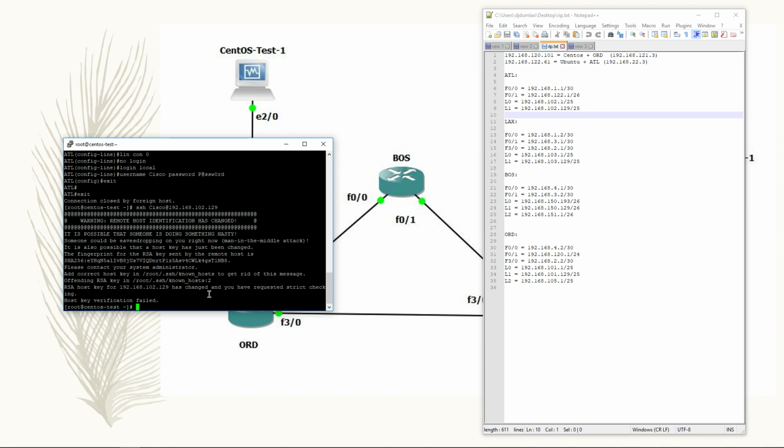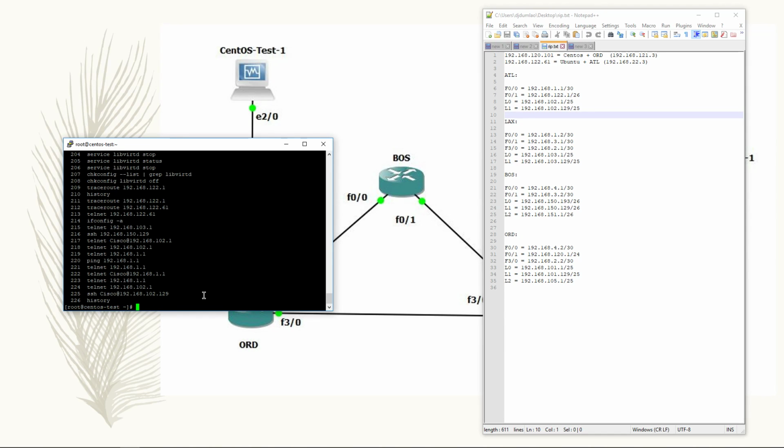Oh, so we delete the SSH thing because I already configured this one before. And I removed the SSH key, so it's thinking that somebody else is trying to log in with it, or it thinks that there's another device trying to log into the same IP. So to remove that,